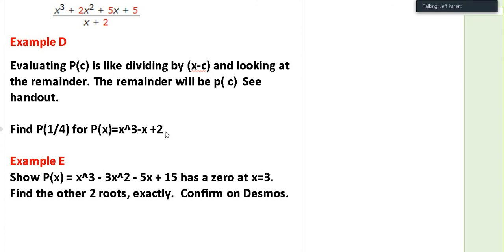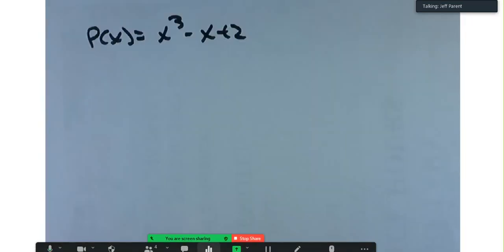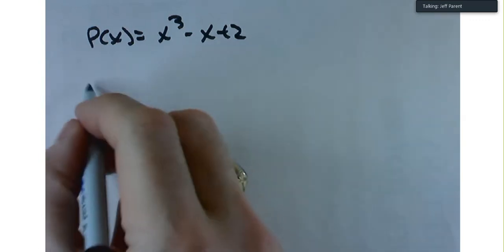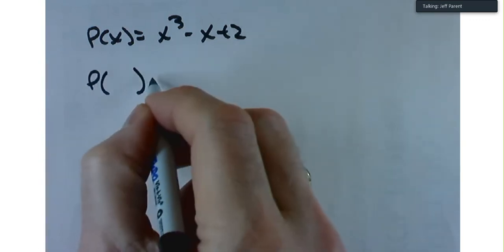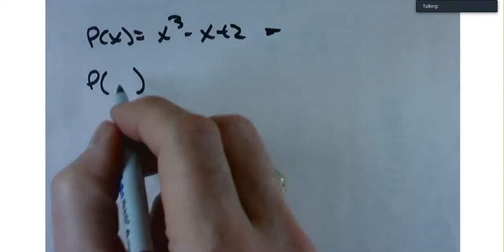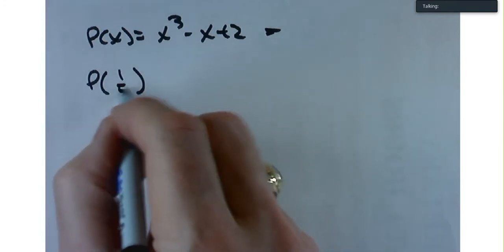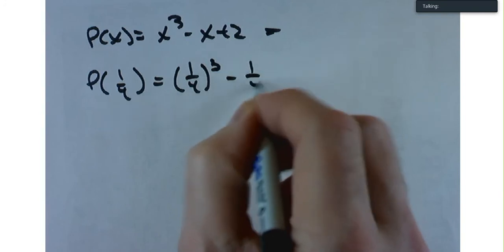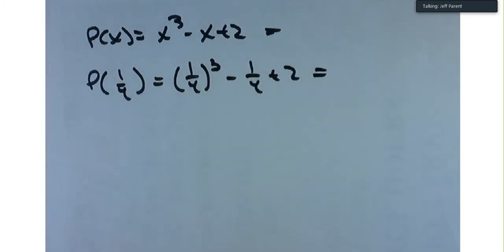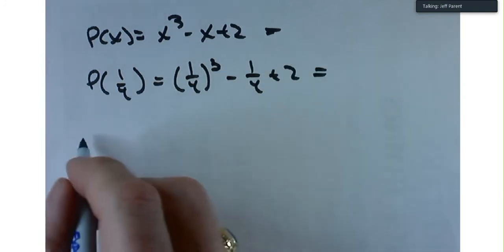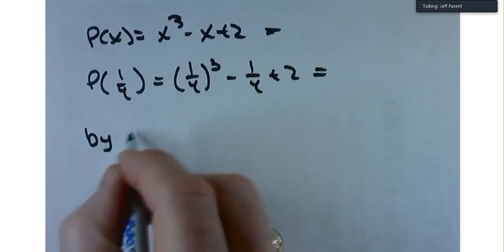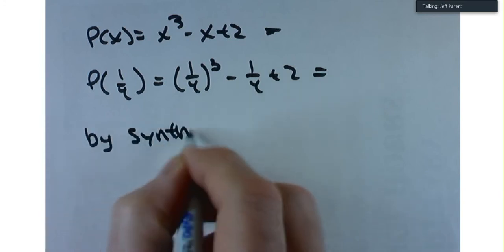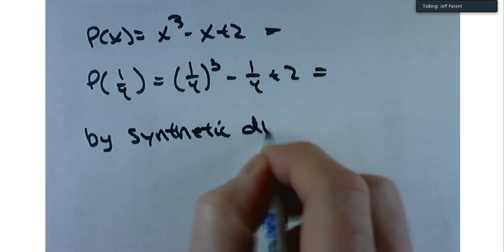And I'm going to try and find p of 1/4, but I'm going to do it synthetically. Now look, there's nothing wrong, and you get the exact same answer if you plug this into your calculator. P of 1/4 would equal 1/4 cubed minus 1/4 plus 2, and we'll find out what it is. But if we're going to do it synthetically, by synthetic division,